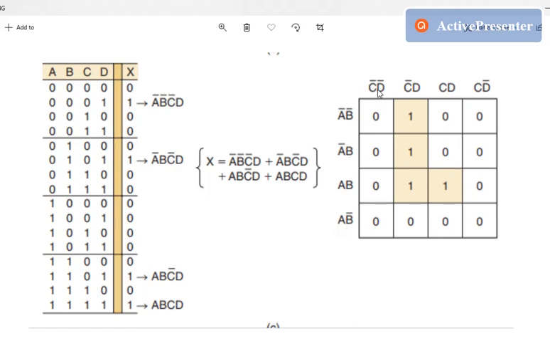Similarly for c d: c complement d complement, c complement d, c d, and c d complement. Now we will check where our output is 1, for a complement b complement and c complement d. We can see our output is 1, so we can write 1 here.